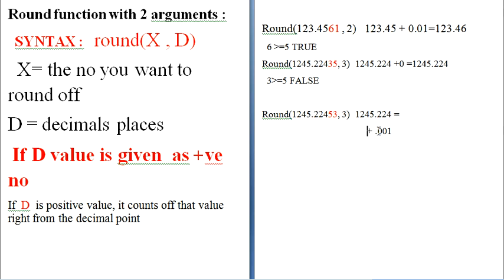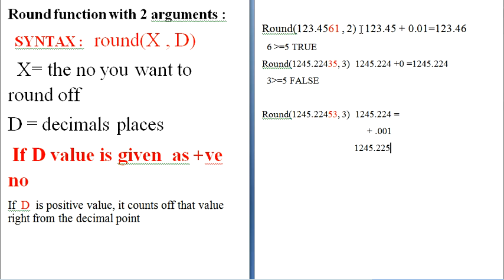So 3 digit positions: 0 0 1. So 5 is equal to 5, so 1 to be added to this. Here you will get the output as 1245.225, as 1 is added because 5 is equal to 5.